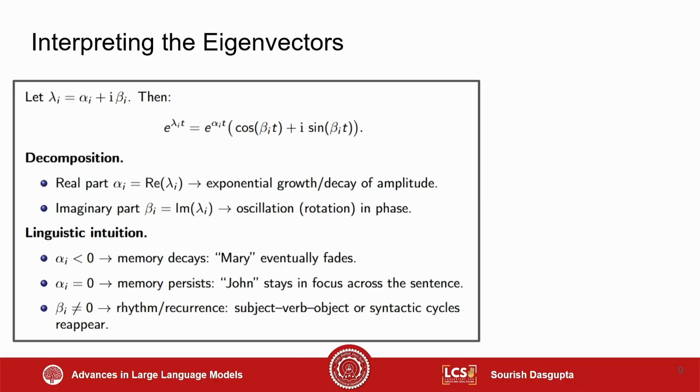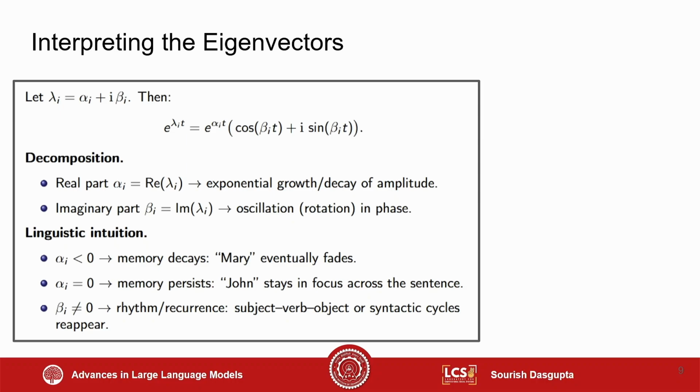And we also saw this: if you understand the eigenvalue as a complex number with a real part alpha and an imaginary part beta, then you can rewrite e to the lambda_i t for a particular aspect i as e to the alpha_i t times cos beta_i t plus i sine beta_i t, right? And we also discussed that the real part, which is the alpha part, tells you whether it's an